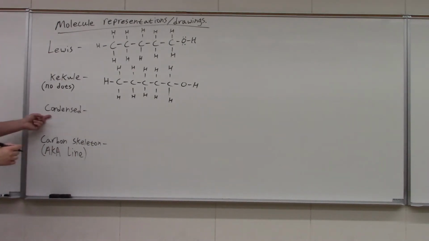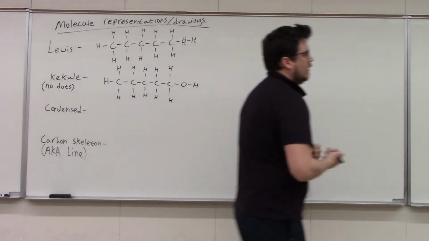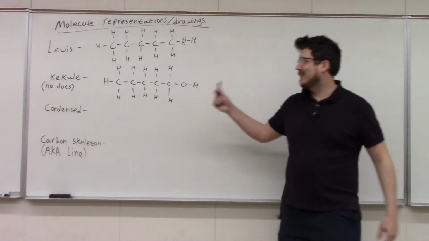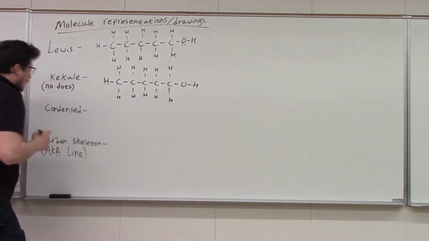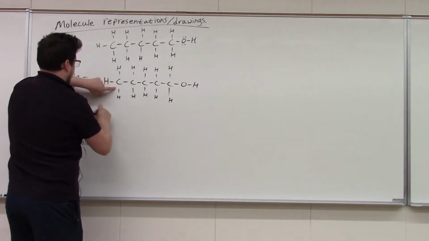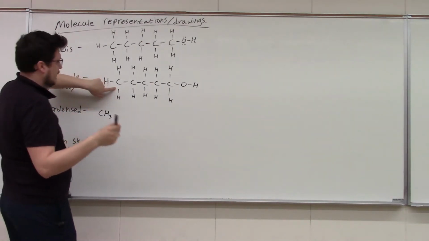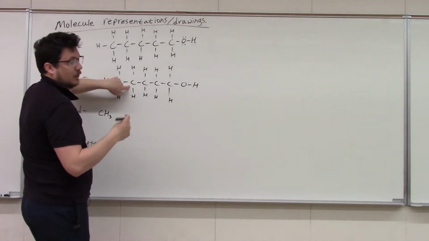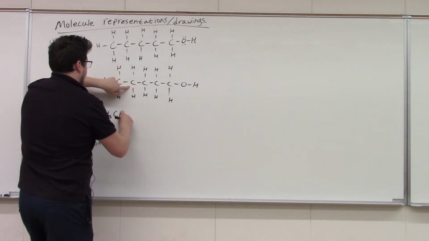Now condensed, we essentially go carbon by carbon. So this is where we really start shortcutting, and they're really great for these carbon-based molecules because these can get very, very large. All right. And so our condensed, we just go carbon by carbon. So this is a C with 3 H's on it. So we go CH3. I've snuck this on you before in a worksheet. This format. This carbon's got 2 H's, CH2,